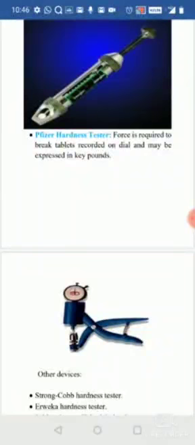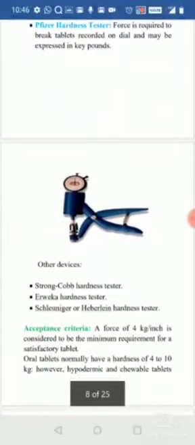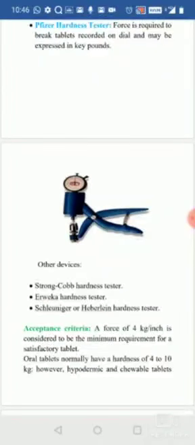The force at which it breaks down is noted on the pressure scale, which is at the top of the pliers-like Pfizer hardness tester. The force required to break the tablet is recorded on the dial and may be expressed in pounds. Other devices include the Strong Cobb hardness tester, the Erweka hardness tester, and the Heberlein hardness tester. Those are the various hardness tester apparatus.